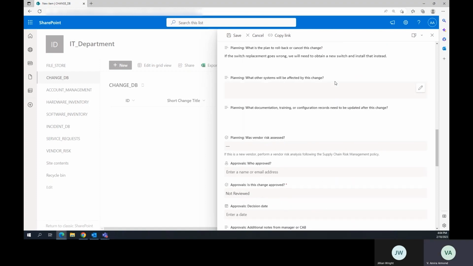What other systems will be affected by this change? So this is trying to make you think, do I need to remember to make changes on some other related systems so that they continue to work well when I've modified this switch? So for example,